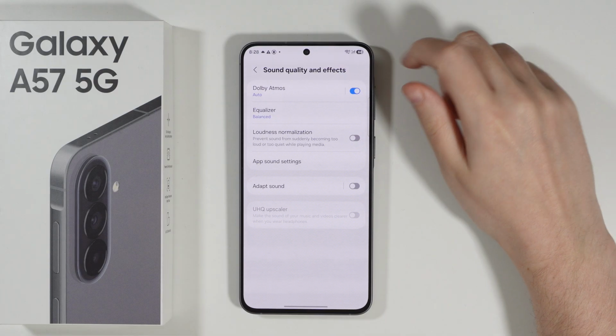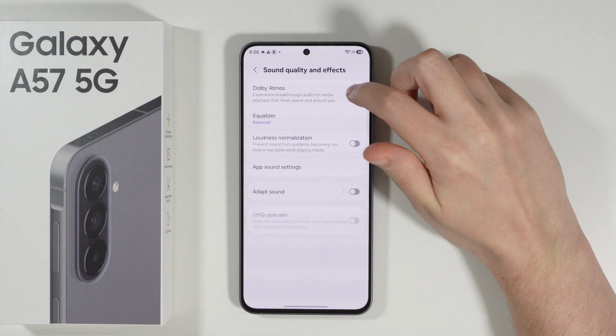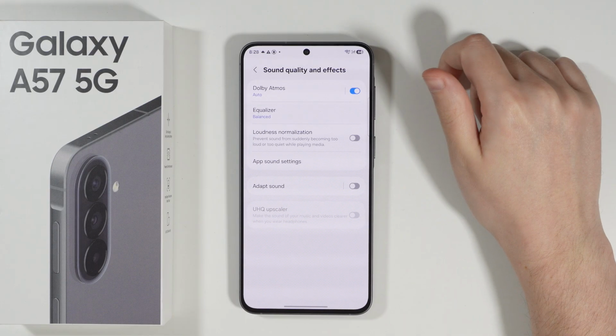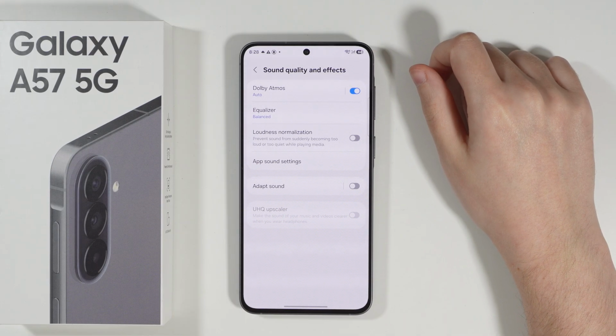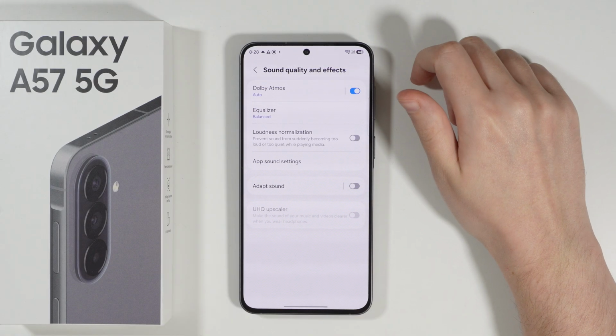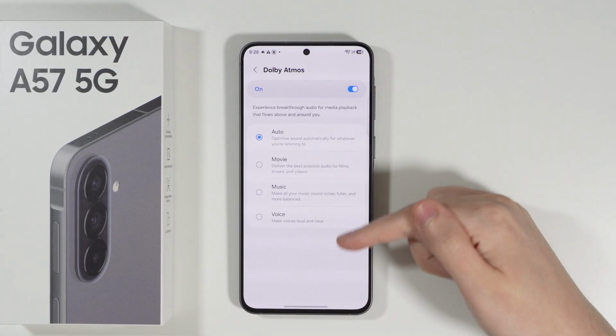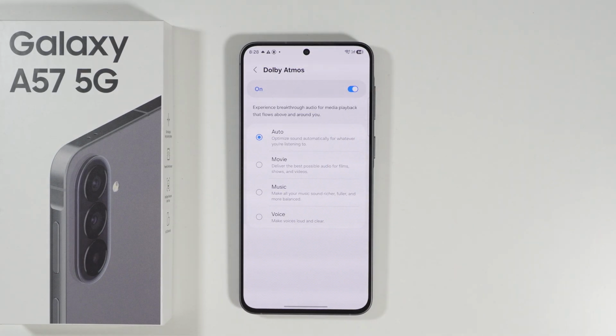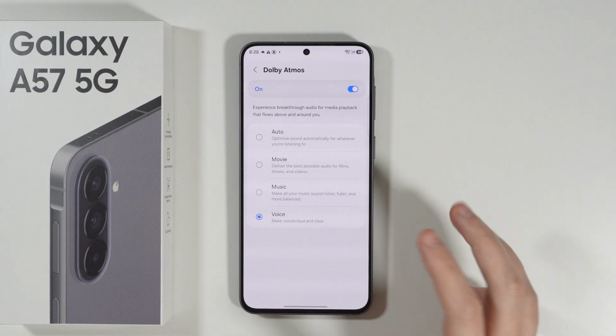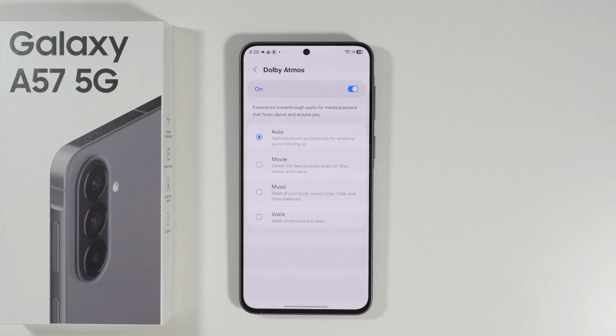The first option that we can do is simply try to use the Dolby Atmos, which is actually deactivated by default. So if you did not use it yet, then of course you can give it a try. You can also tap on Dolby Atmos in order to find a couple of different profiles, and you can choose whichever you like the most, but I think most people actually choose the automatic option, which allows the app to switch between all of these options